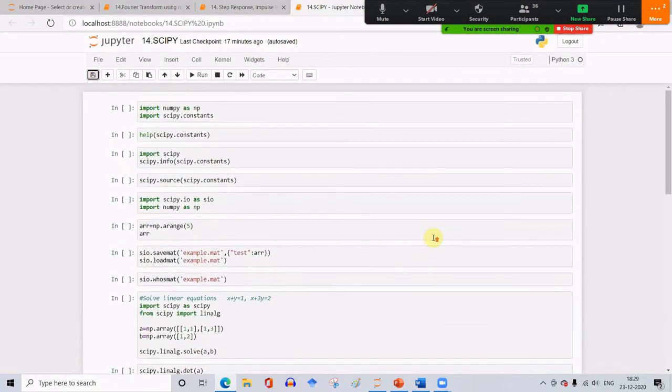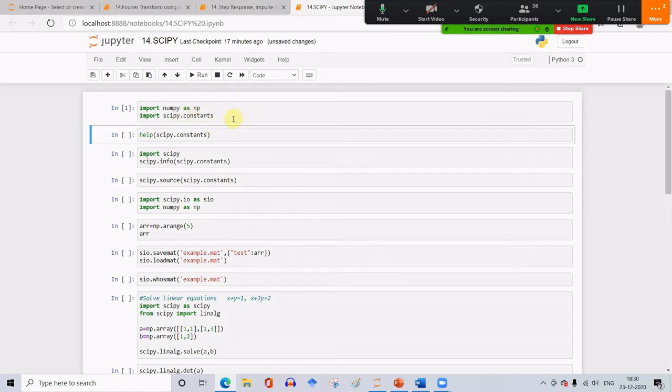Okay. So again, to use this module SciPy, we have to import the SciPy. And this module is built on NumPy package. So both combined, they work very wonderfully for scientific computations. So we import NumPy, and let me first import one of the sub package of this SciPy, SciPy.constants, and let me run this cell. Okay, so I have imported NumPy module, and also from SciPy module I have imported the sub package constants.